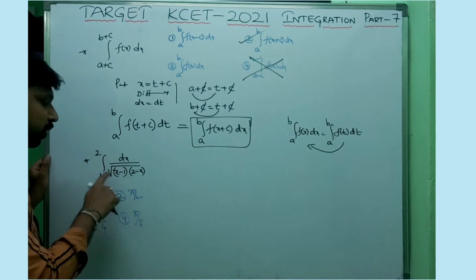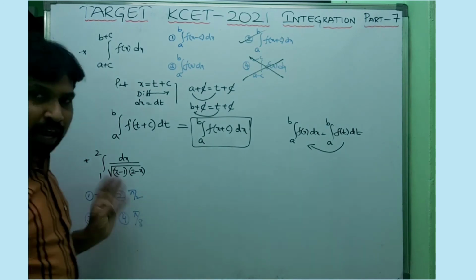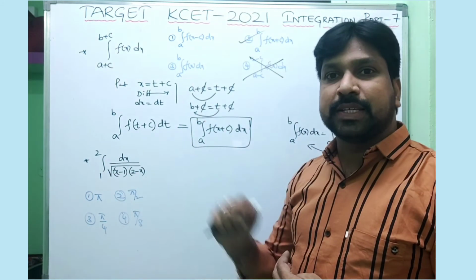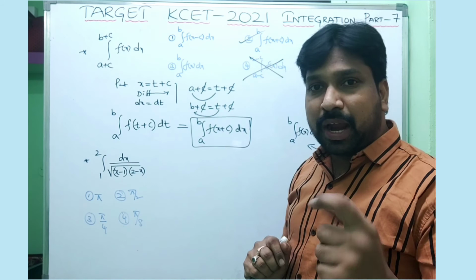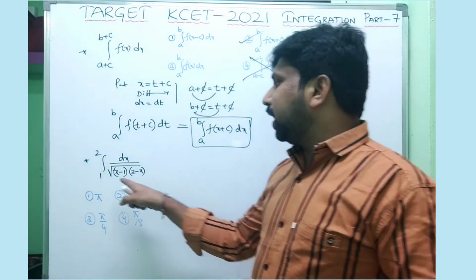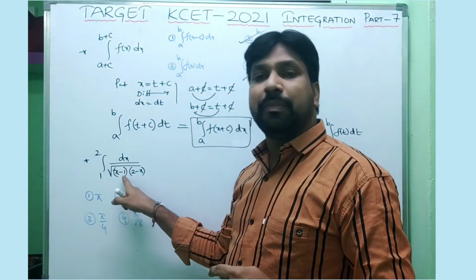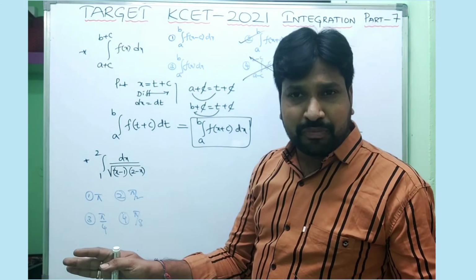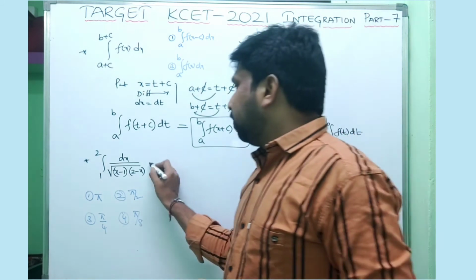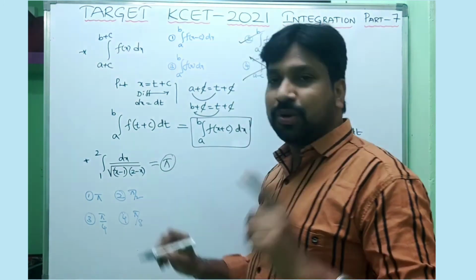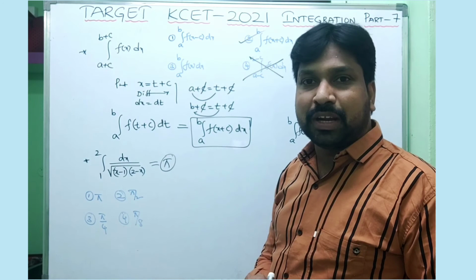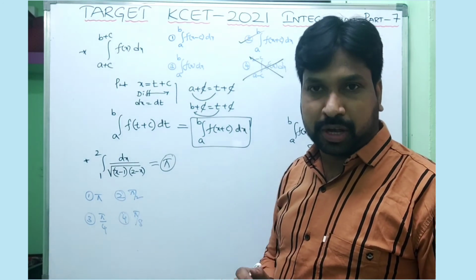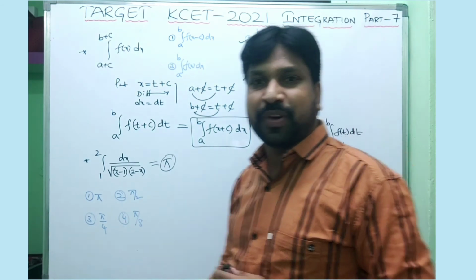Integral 1 to 2 dx by root over (x minus 1) into (2 minus x). I hope you identified the formula. You have a shortcut formula, which we discussed in part 5. According to the shortcut formula, integral a to b 1 by root over (x minus lower limit) into (upper limit minus x) is there, which means you need not simplify that sum. The direct answer will be pi. If you have any doubt, just look into the description, where the link is already given, or just search for it, and you will be able to check all these kinds of shortcut formulas. Let us move to the next model, friends.